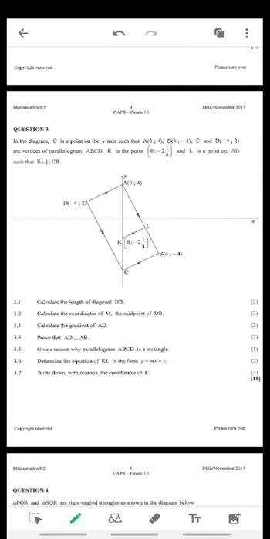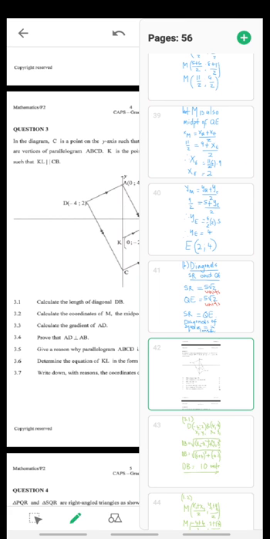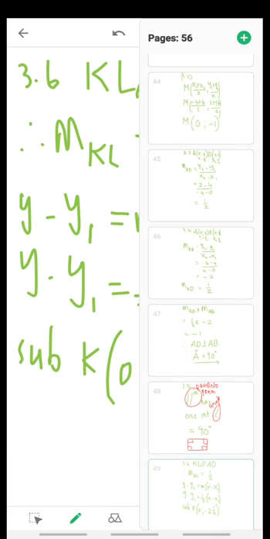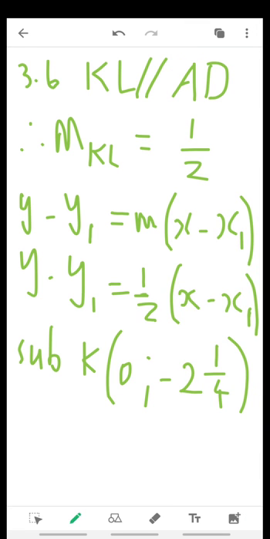Now, 3.6, determine the equation of KL. Look at KL. We only know K. We don't know what the coordinates of L are. But what do we know about KL and AD? We said those lines are parallel, meaning the gradients of the two lines will be equal to each other. Okay, so the gradient of KL, look at what I've done. The gradient of KL will be equal to half, which was the gradient of AD, because KL is parallel to